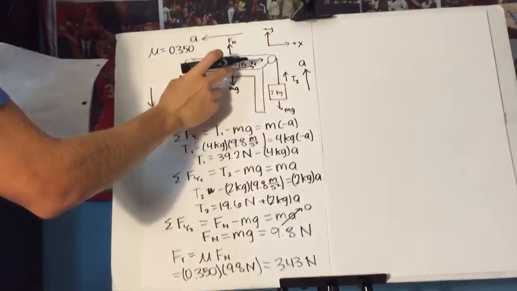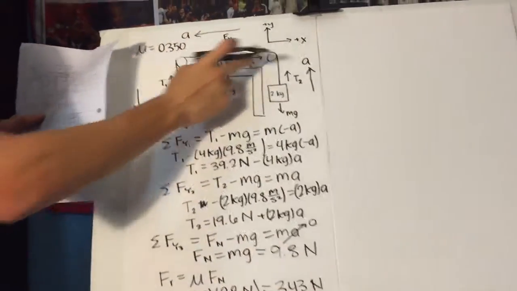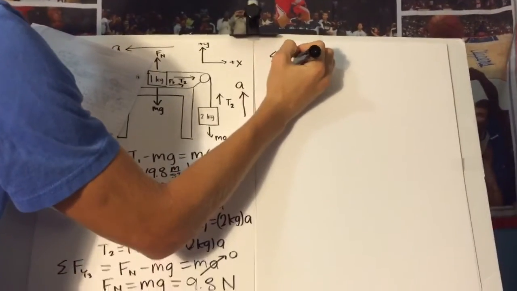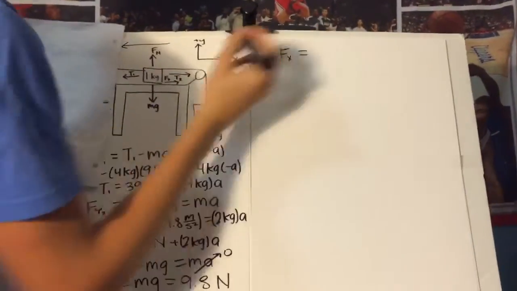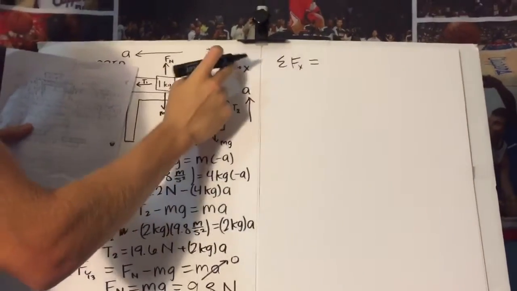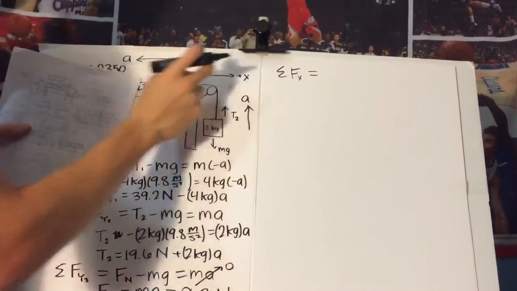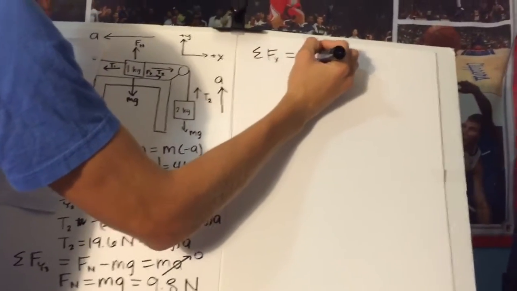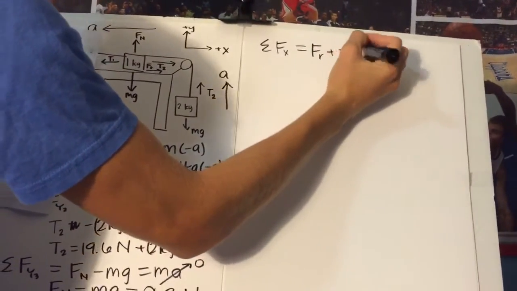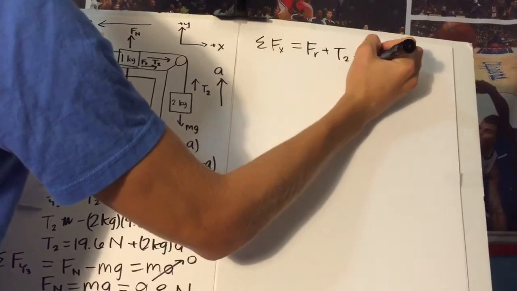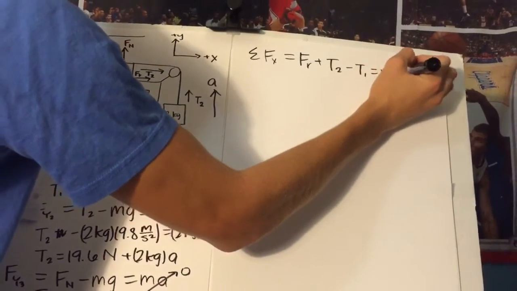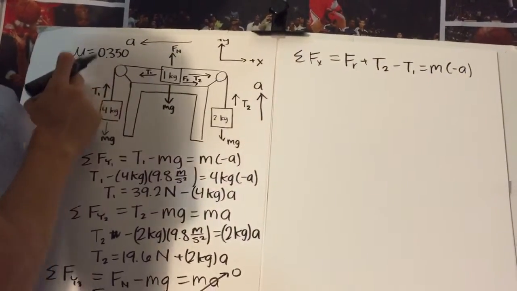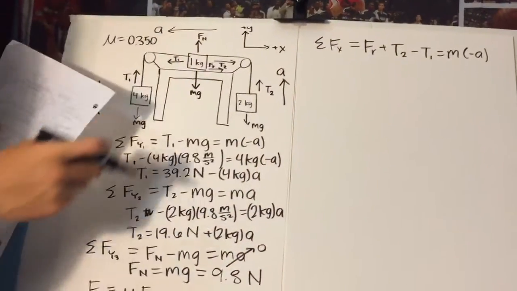So still looking at the 1 kilogram object, we now need to do the sum of the forces in the x direction. So sum of forces in the x direction is going to equal, and remembering that this is positive, because that's what we decided at the beginning of the problem, the force of friction plus T2 minus T1, and that's going to equal m times negative a, and it's negative because this entire thing is going to be moving this way,